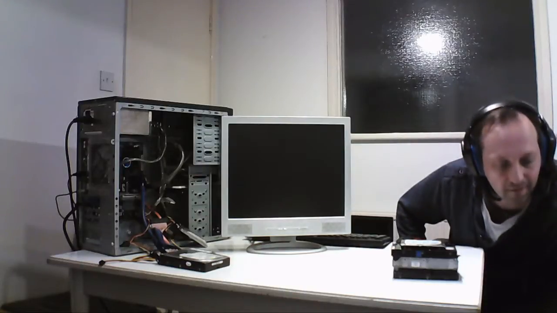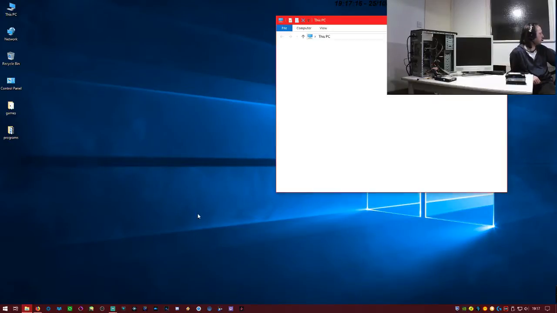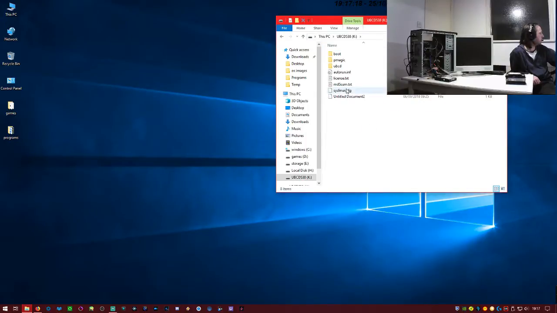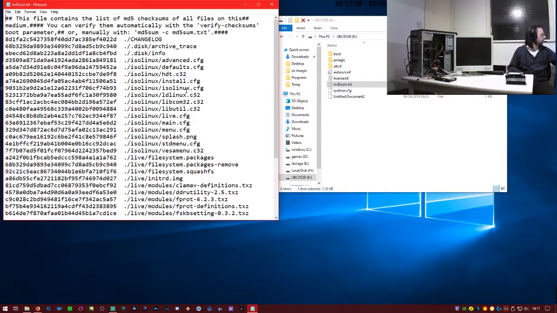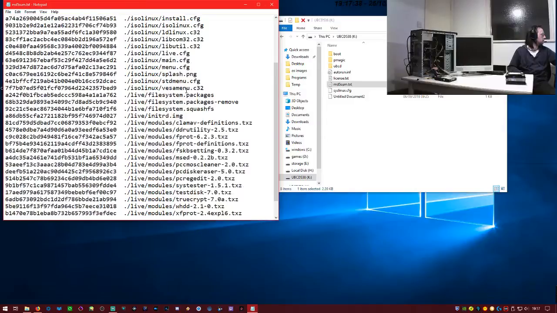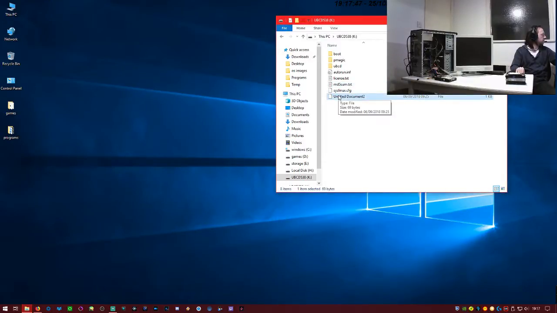So if I put it into here, I switch back to the PC. Go into the flash drive here, and as you can see, it's pulled all the data off. So there's the MD5 sum. This is what pulled off of the other link of this flash drive, and the other one is an untitled document 2,